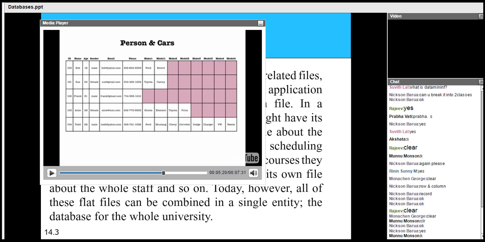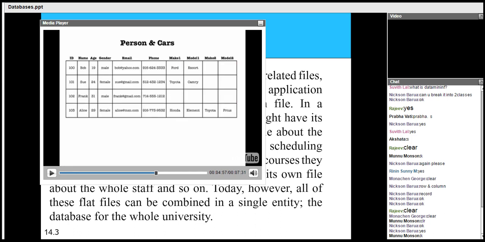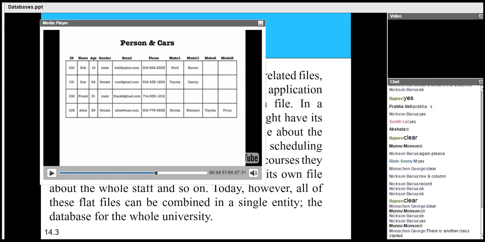Now suppose we also want to store the data about the cars they are having. It's very difficult to maintain. Suppose somebody has one car, what are the fields related? If you see the first line, Bob has a car whose make is Ford and whose model is Escort. Sue has a car whose make is Toyota and model is Camry. Alice has a car whose make is Honda and model is Element. Suppose Alice has more than 2 cars, suppose she has,